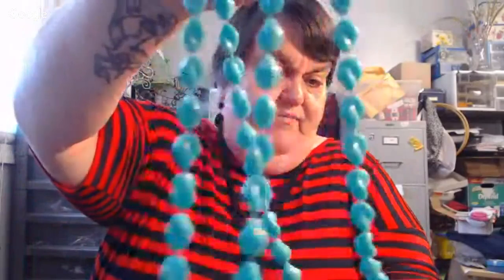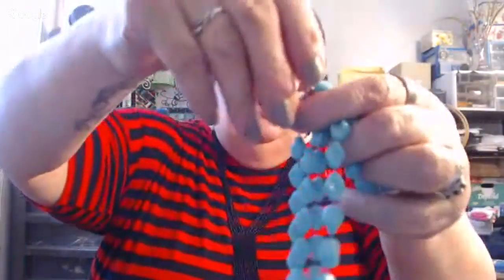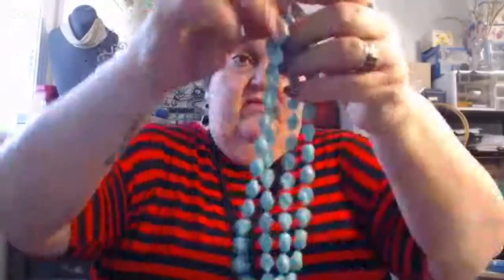So here is a vintage piece of what is a molded plastic. It has a seam, and it is more than likely just a molded thermoset plastic. It's a beautiful kind of green, blue, turquoise almost colored, and these are Sarah Coventry pieces, by the way. I bought these from Anita Fanita, so I got a lot in yesterday of them. So that is a plastic where plastic was used by